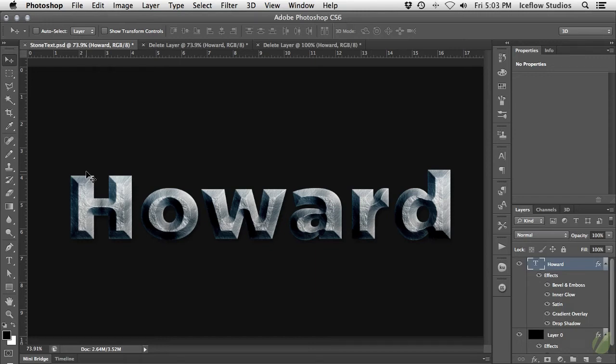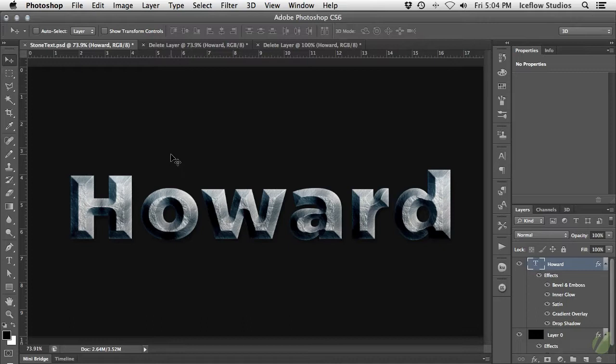Layer styles in Photoshop can be an incredibly powerful tool if they're used correctly and if you take the time to experiment. When thinking about how I was going to demonstrate layer styles to all of you, I decided not to simply go through each and every style and explain every last detail. After all, PSD Tuts has some pretty in-depth articles on these styles. Instead, we're going to create specific text effects such as stone and gold, which will give you a more real-world